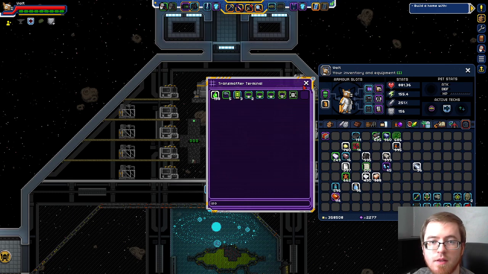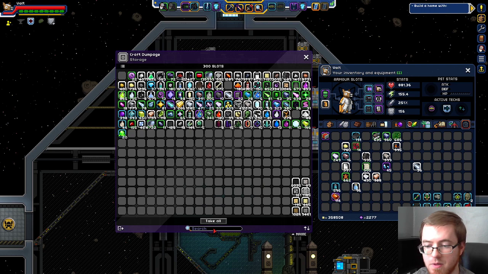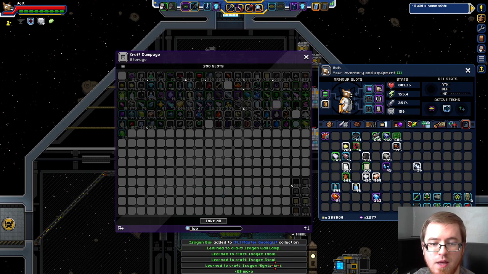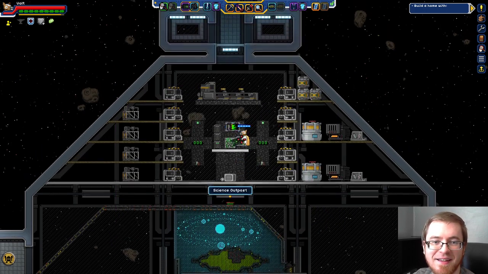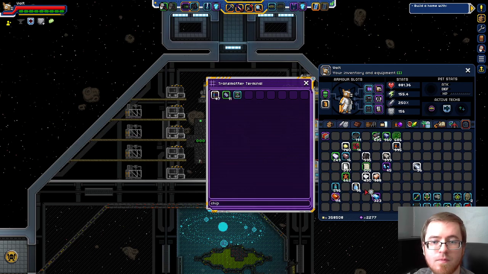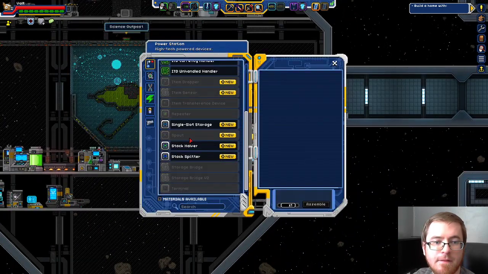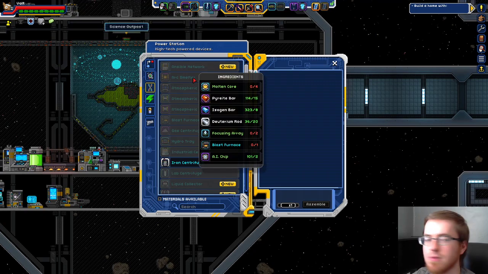Well, good to know that I hardly have any isogen. Unless it's in here, which it might be. Which it is. Hey, I've never even gotten any. Well, how about that? And then AI chip. Okay, then we've got a little bit else I need to...